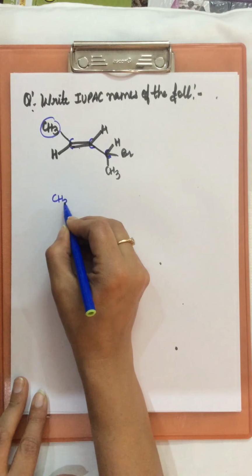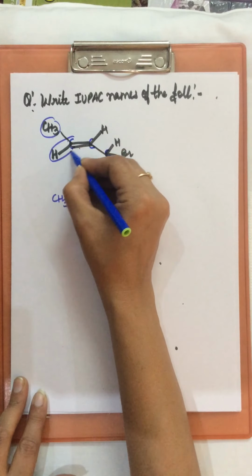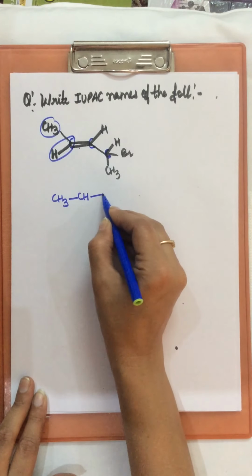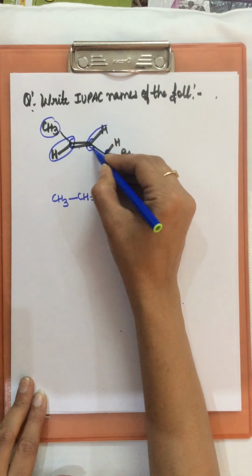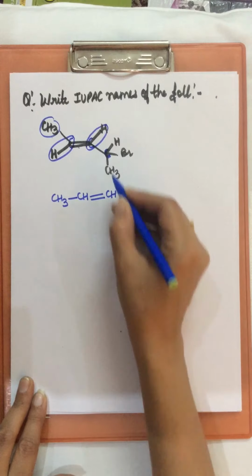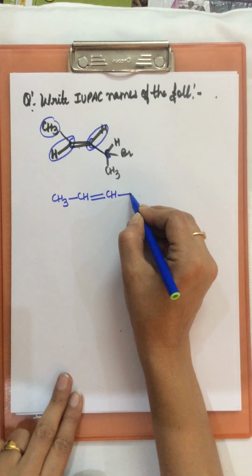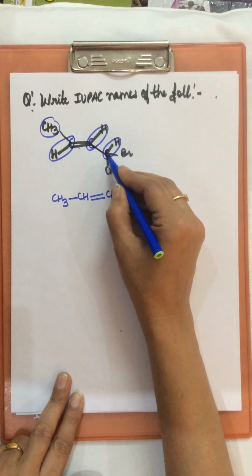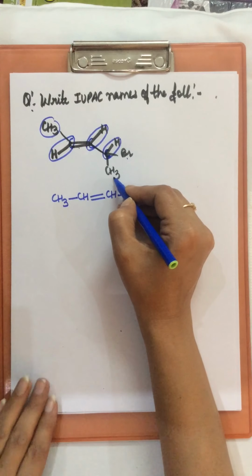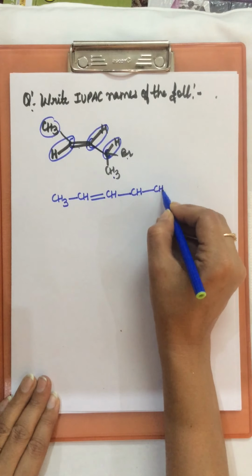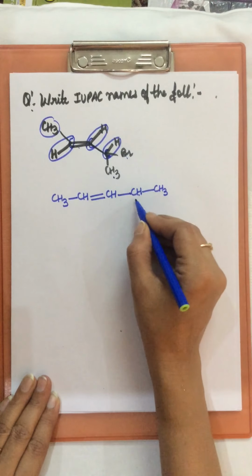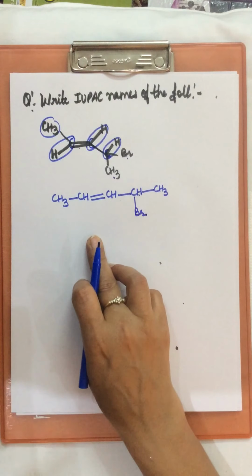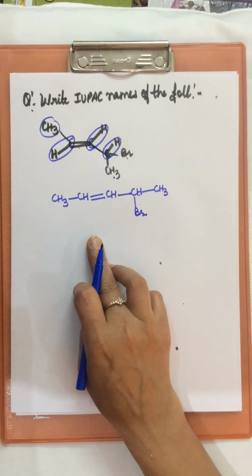Write CH3 first. Next to CH3 is CH, linking with a single bond. Next to CH is a double bond, so write double bond now. Next to this double bond we have this CH, so CH. Next to CH this bond, and now we have CH here. One side of CH is Br, one side is CH3. So try to write the carbon in a straight chain with the CH, and Br we are writing on one side. So if we change this compound to this way, it will be easy for us to write its IUPAC